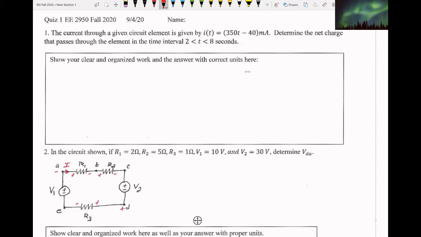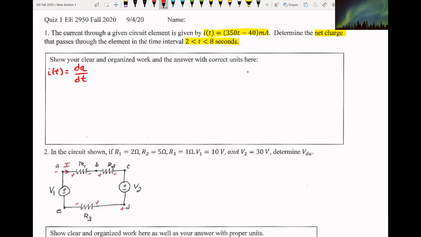All right. So our question here asks us, the current through a given circuit element is given by this current equation, and they want us to determine the net charge that passes through the element on the time interval 2 to 8 seconds. Okay. So let's start with what we know. So we know that I of t is just the time rate